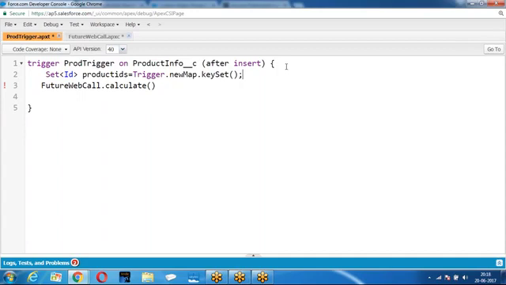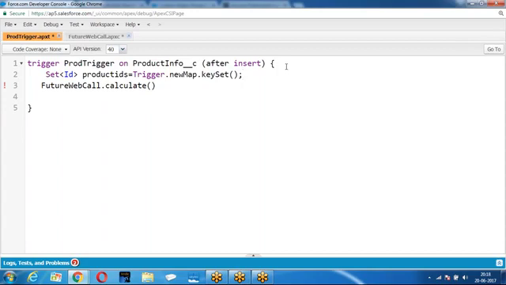I am not sure. When it is running, it has to find out the records. What are inserted? Take those records, modify those records. If I take before insert, what happened? The record will be inserted, the trigger will run after some time. But when the trigger runs, are you getting my point here? People are able to follow.